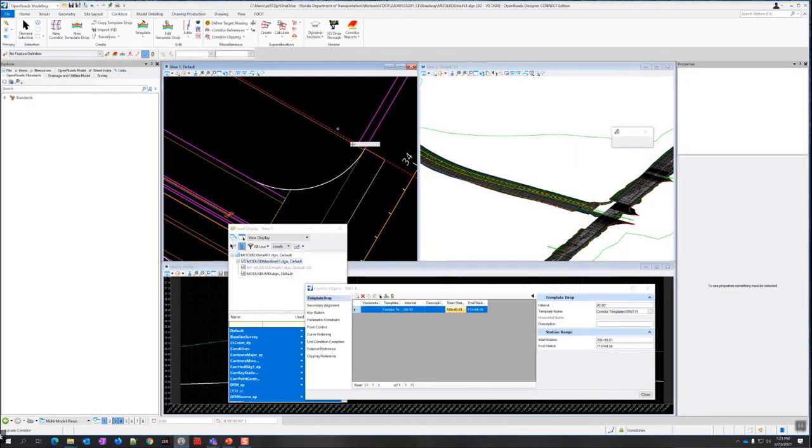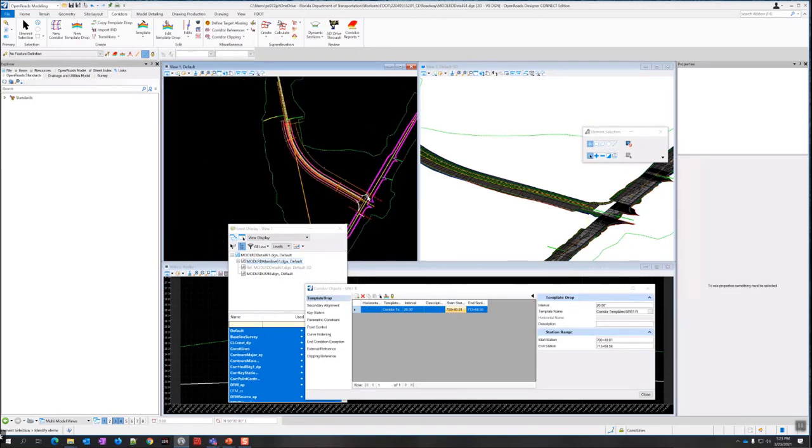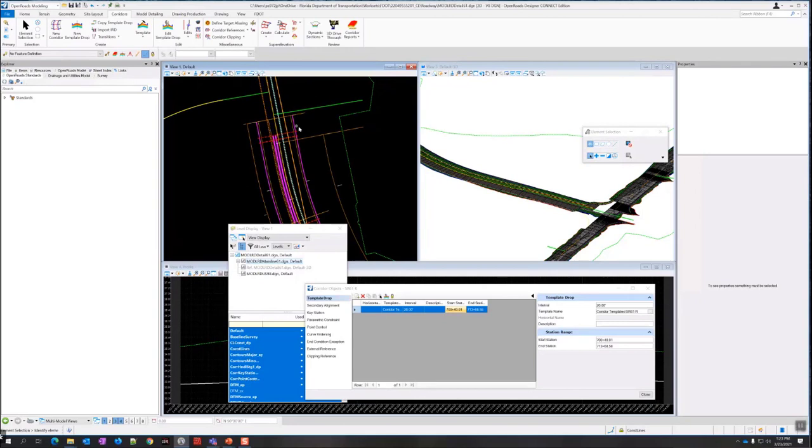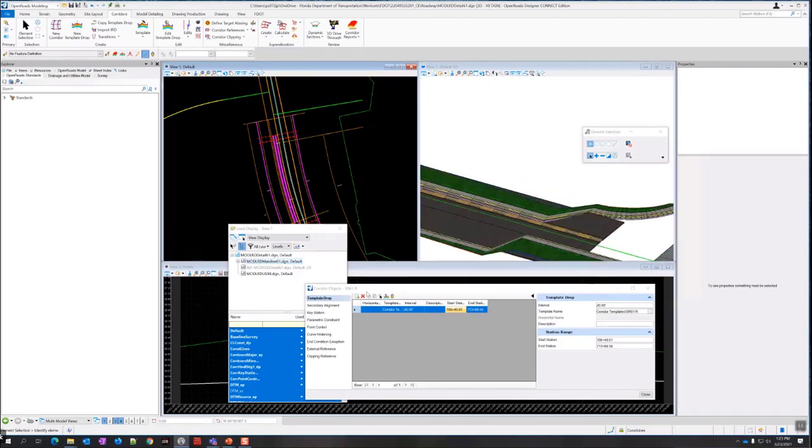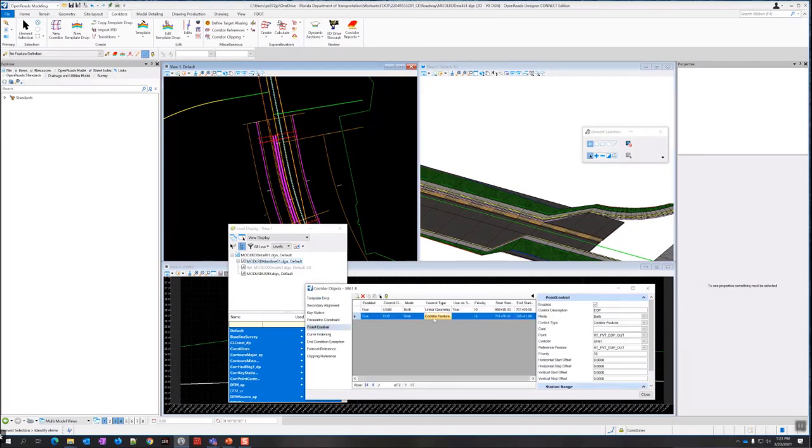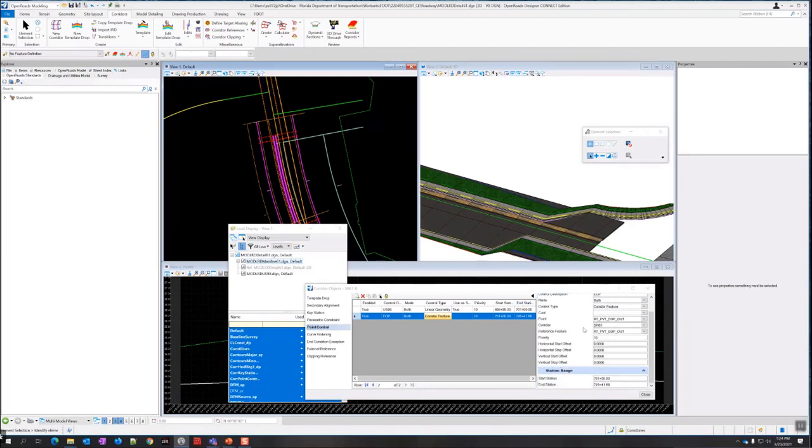I'm just going to try reprocessing the corridor here. Well, if I disable this and re-enable it, still not picking it up.